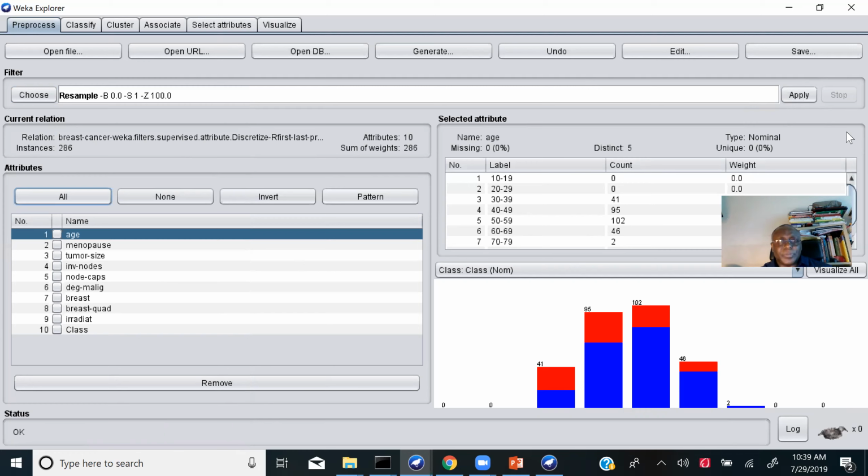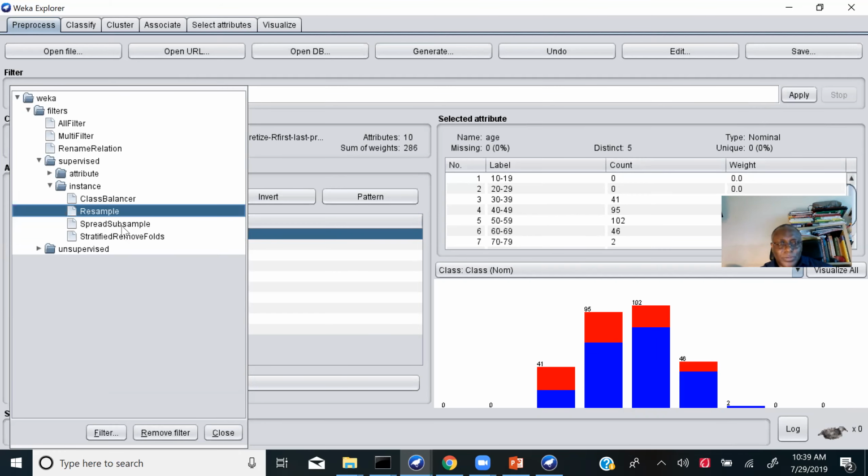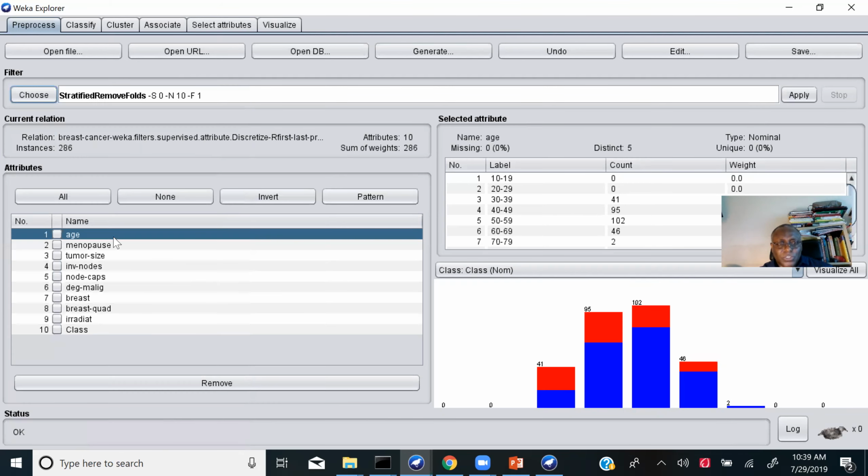So we can try another one. Stratified remove folds. Okay, so this works. You can see that when we do the stratified remove folds, it reduces the instances from 286 to only 29 for us to use.